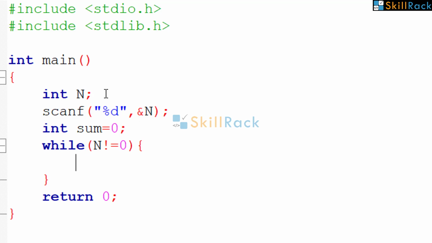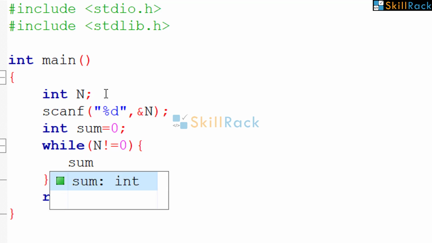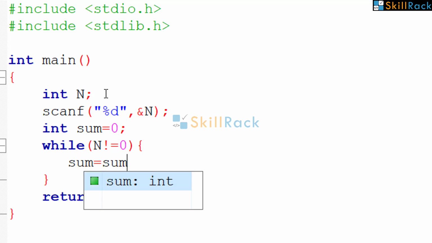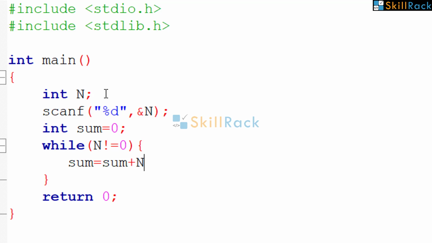So within the loop, we need to add the unit digit, that is the remainder when divided by 10, to sum. Next, we have to divide by 10 so that we are removing the unit digit.